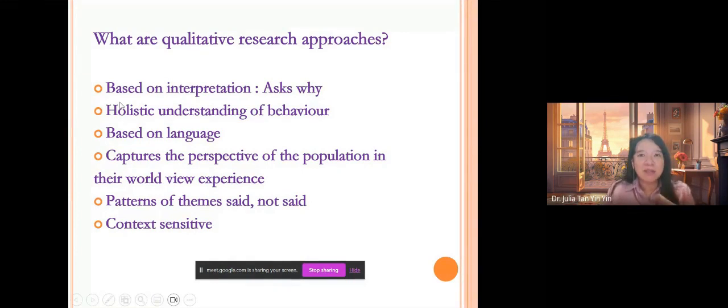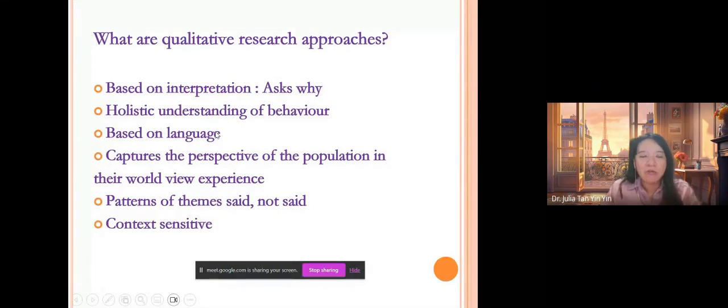Sometimes they don't tell you directly, but they have a meaning there. So we need to ask why they say it like that. The big why is the keyword of qualitative research. Qualitative research also makes us understand more about people's behavior, or community behaviors, or your participants' behavior there. And it is based more on language, because in-depth interview or focus group,